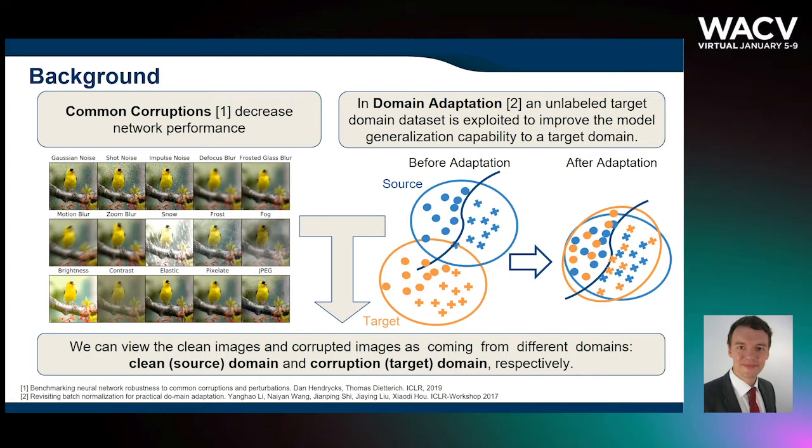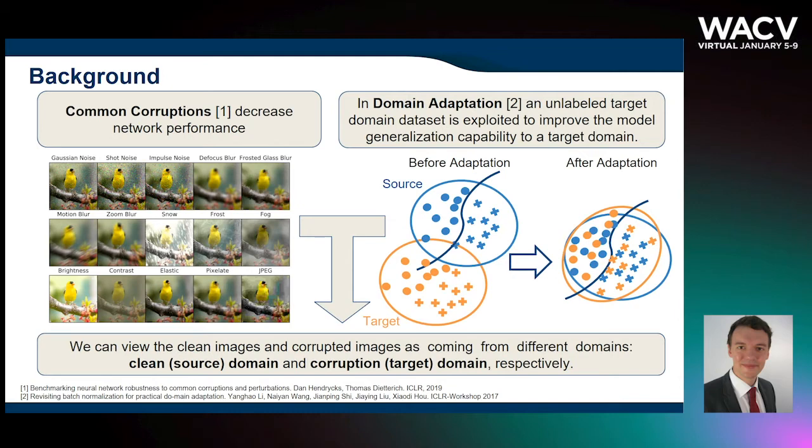In a parallel line of research on domain adaptation, an unlabeled target domain dataset is exploited to improve the model generalization capability to a target domain. Broadly speaking, the clean images and corrupted images can be seen as coming from different domains. Despite this conceptual similarity between domain adaptation and corruption robustness, the community tends to treat them as two distinct issues. Domain adaptation usually has a predefined target domain with unlabeled dataset, while corruption robustness normally does not assume such a